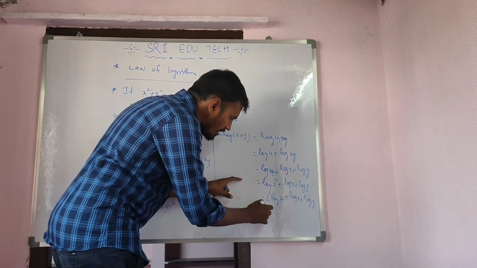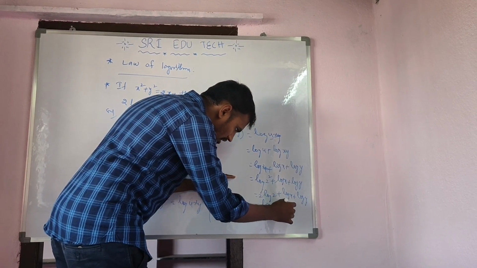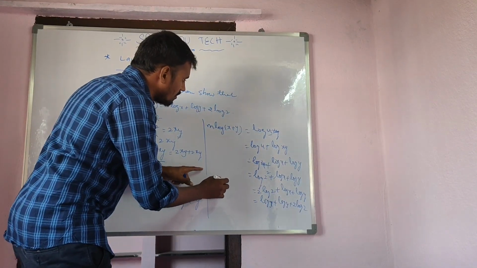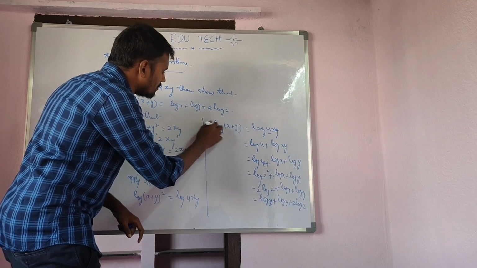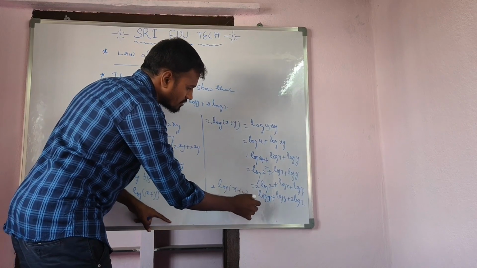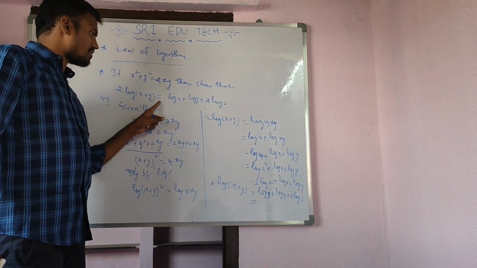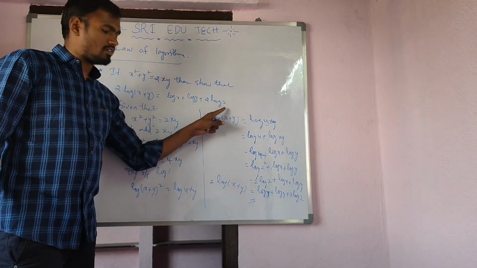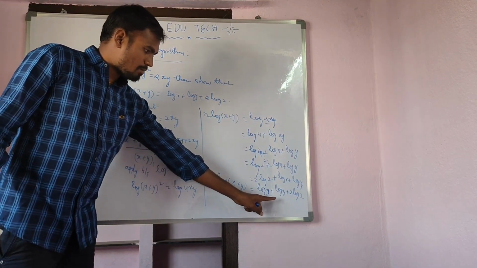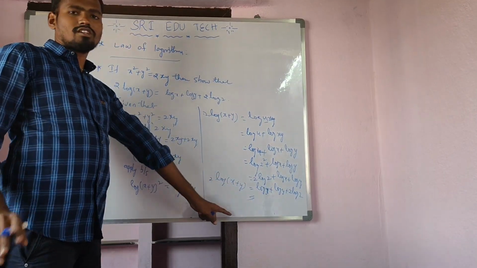Right, see now you write properly. Then log x plus log y plus 2 log 2 is equal to what? 2 log of x plus y is equal to, see what is showing here, 2 log of x plus y is equal to log x plus log y plus 2 log 2. Same we are getting the answer: 2 log of x plus y is equal to log x plus log y plus 2 log 2, right? So this is today's session.